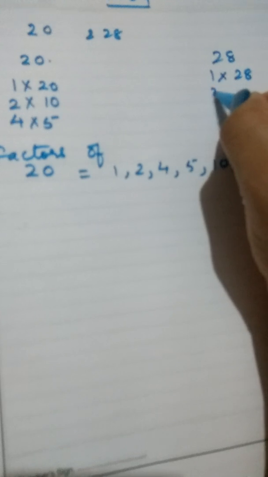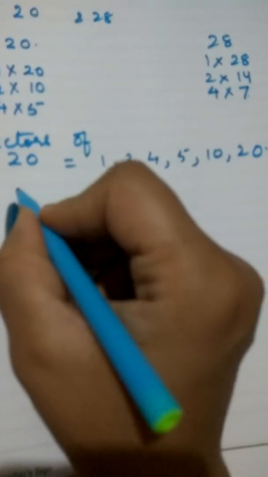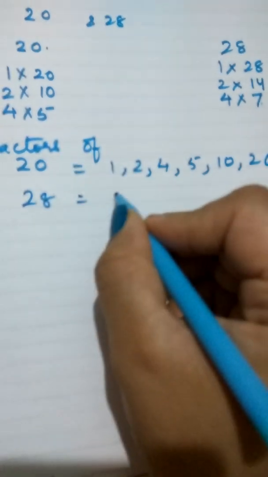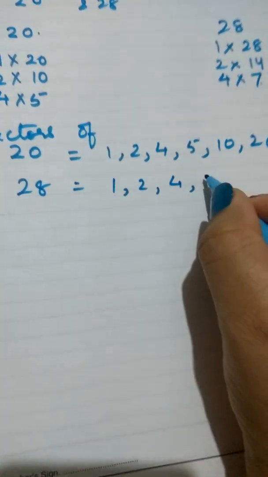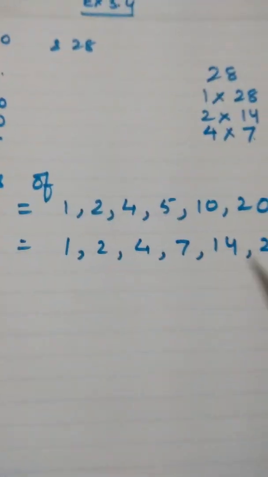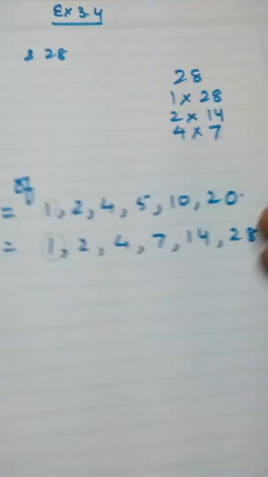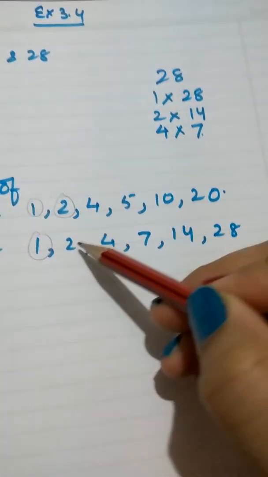1 into 28, 2 into 14, 3 will not divide 28. 4 7s are 28. So 4 into 7, 5 will not divide, 6 will not divide, and 7 is already there. So factors of 28 are 1, 2, 4, 7, 14 and 28. So let's encircle the common factors. So the common factors are 1, 2,